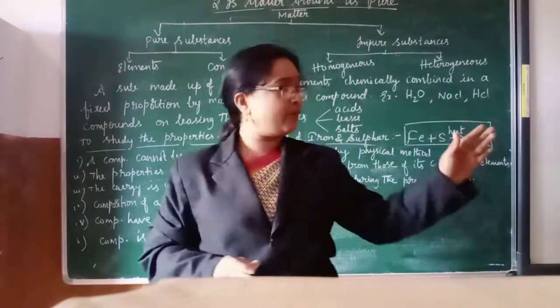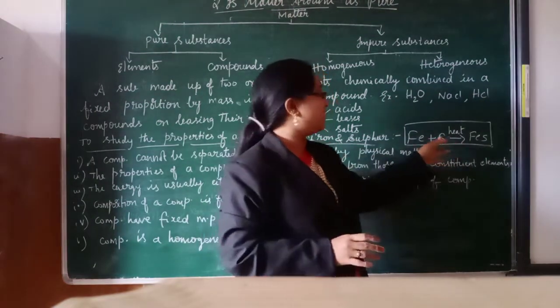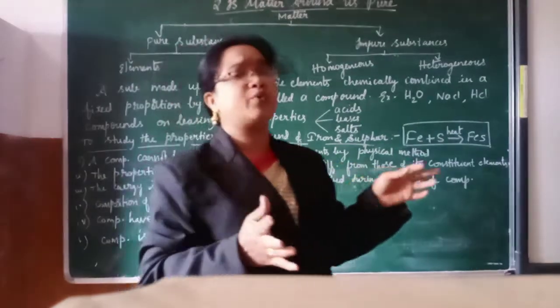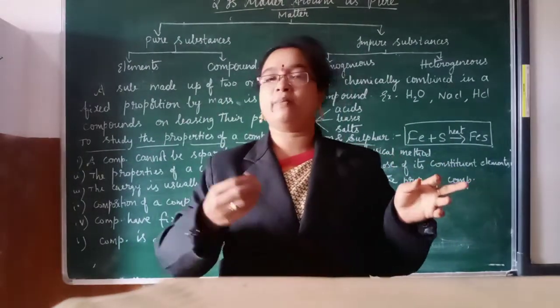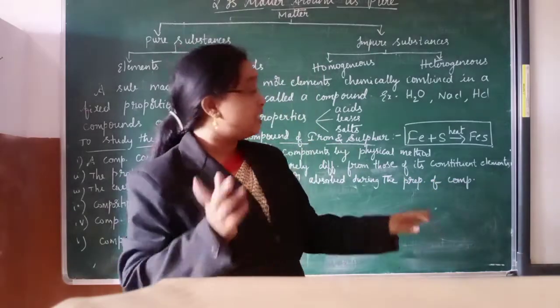For example, here we have taken one example, iron and sulfide. What we are telling is that a compound cannot be separated by physical methods. Physical methods means, like, using a magnet, filtration, or evaporation, those possible methods. So by using